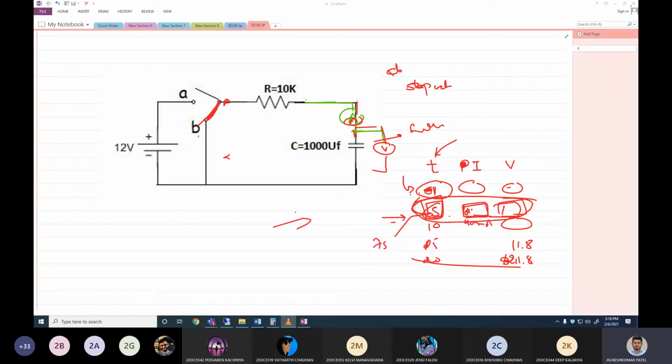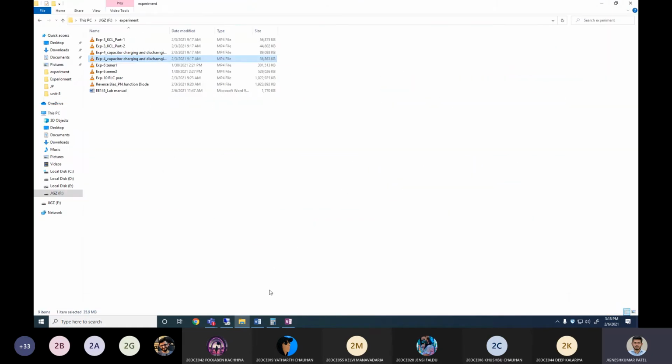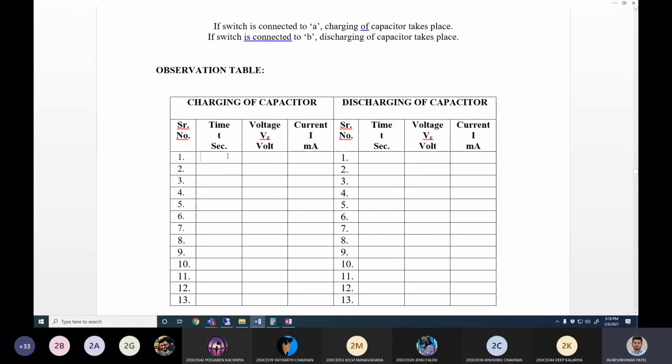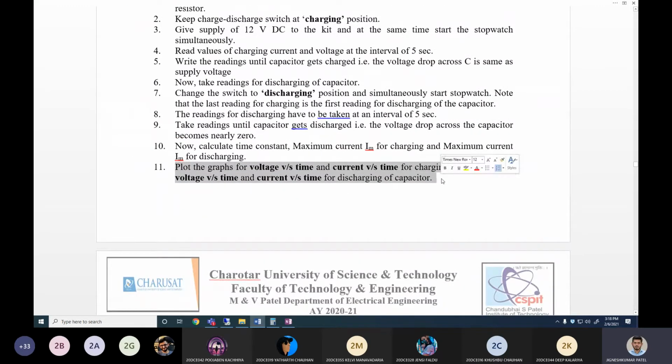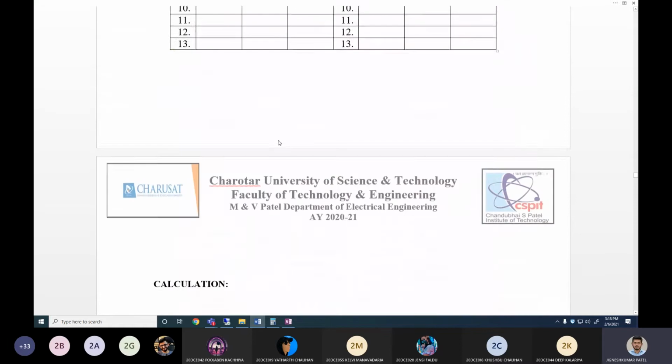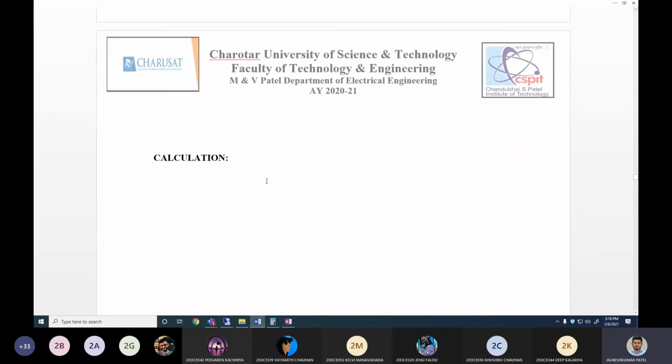So that's all about charging and discharging. I'll share the readings because it will be very difficult to take the readings from the video. Sometimes even the stopwatch is not visible. So I'll directly share these readings, and you just have to put them over here. I'll share them by today or Monday. From those readings, prepare this graph and find out the time constant, and whatever time constant you find, include that as part of your conclusion.